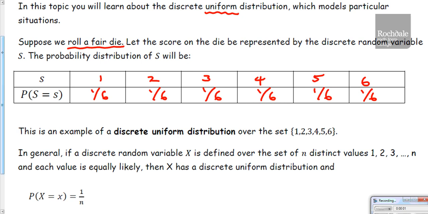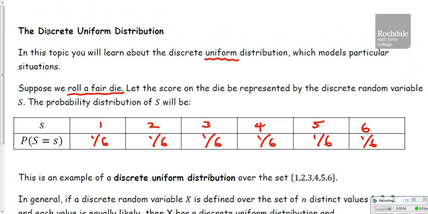Discrete random variables, example 8. Before I start actually doing example 8, I'll just give a brief overview of the discrete uniform distribution. Uniform means that all the probabilities of each outcome are the same. So for example, rolling a fair dice, you would get 6 outcomes, and each one will be equally likely if